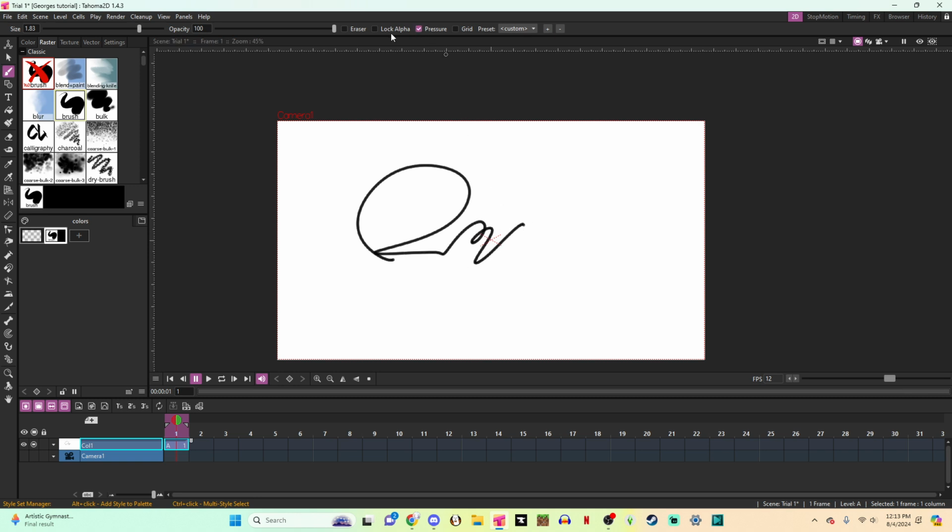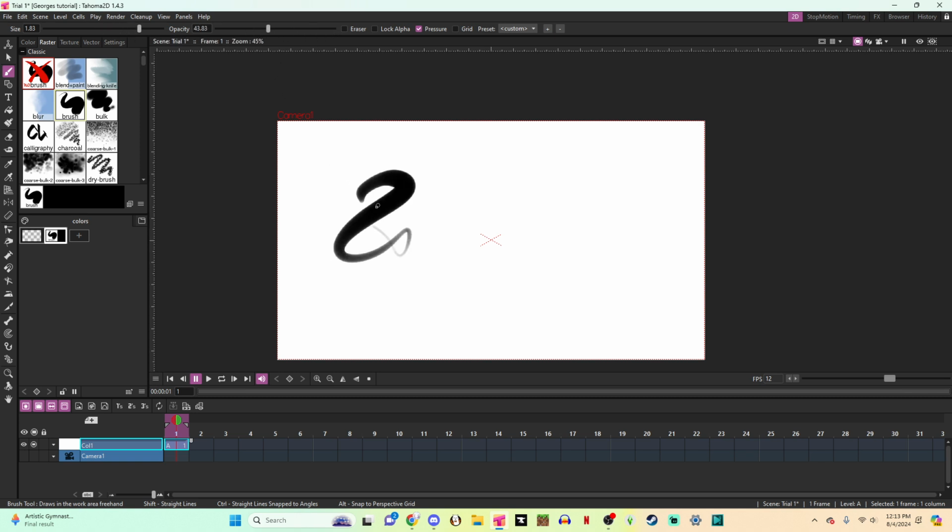If you put in pressure, like this up here is your toolbar. So you can choose the size, the opacity, which if you wanna deal with that, that's lovely. You can make it an eraser. You can lock alpha. I don't know what that means. You can use pressure. So if you don't use pressure, it looks like this. But then if you use pressure, you can,